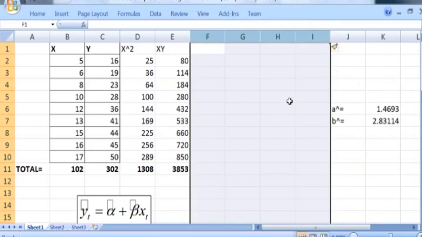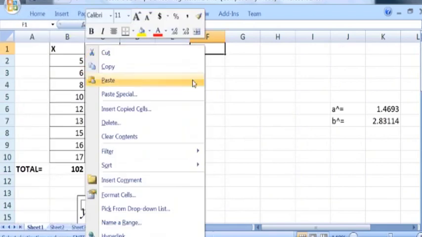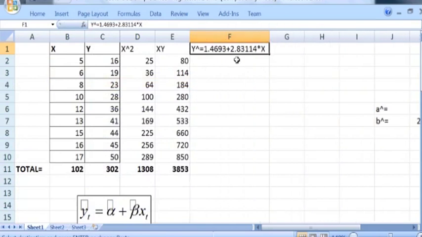An important beauty of Excel is that if we insert new columns or new rows, the estimated values of parameters remain the same. The insertion of rows or columns does not affect the calculated formulas. So once we have these estimated values, let me calculate the estimated value of y for each of the x values. I am copying it here. Now just put an equal sign.